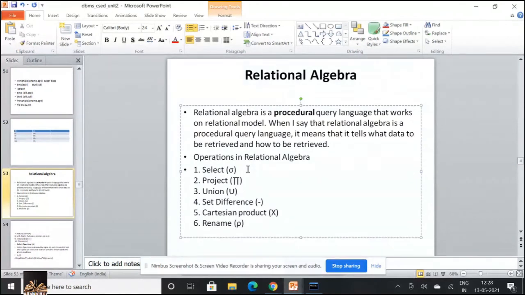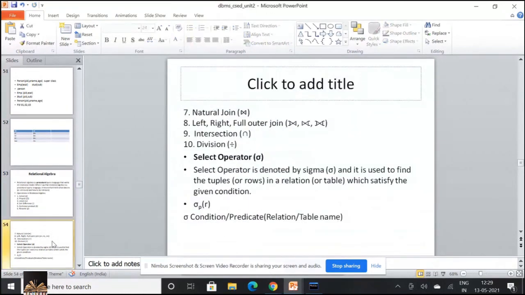These are the major operators used in relational algebra, along with the concept of joins. You have different kinds of joins. Again, you have intersection and division operations, which are the set operators.